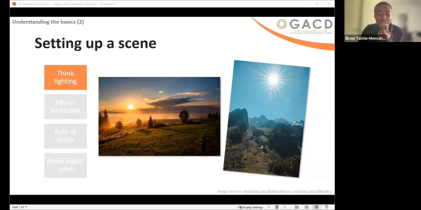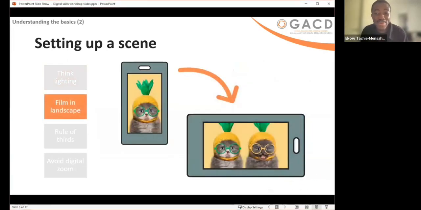That's very important. And then the next step will be to film in landscape. Especially when you're using the phone, people make a lot of mistakes when filming. So this is my phone, and then they usually film in portrait like this. And when you are developing a video, this wouldn't work. So it's important to always film in landscape. So just like you're watching a movie using your phone, always film in landscape. Because it makes everything look good, and it's like watching a movie on a TV.